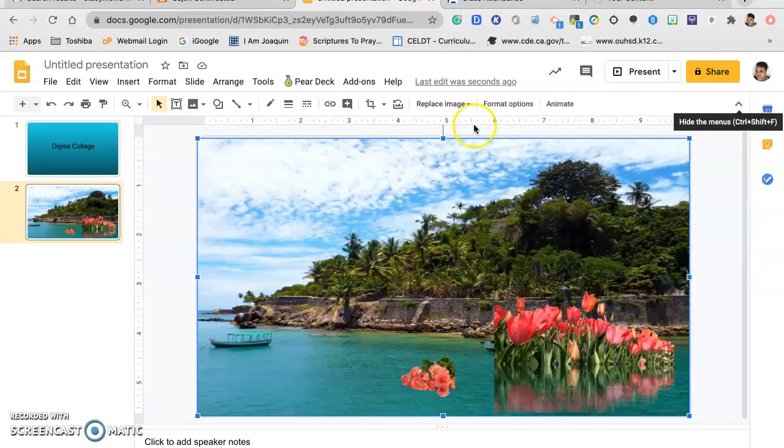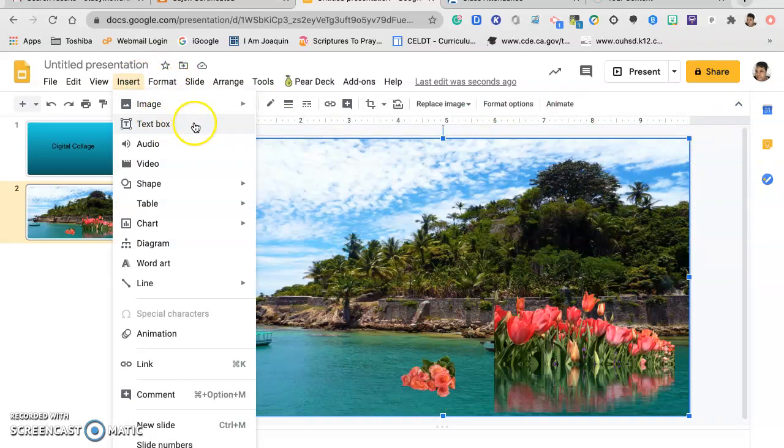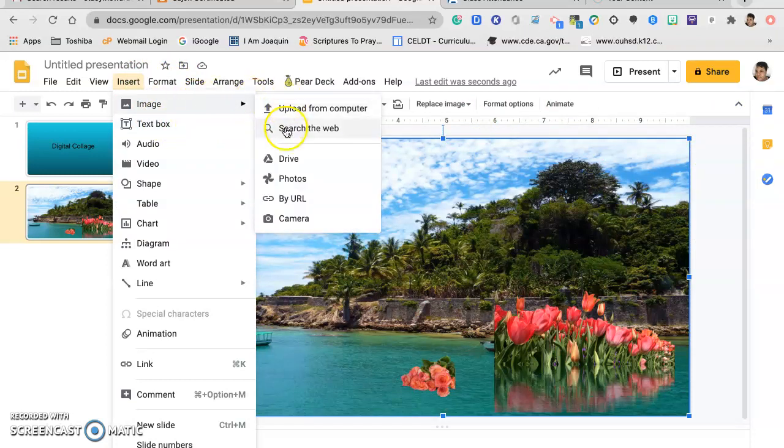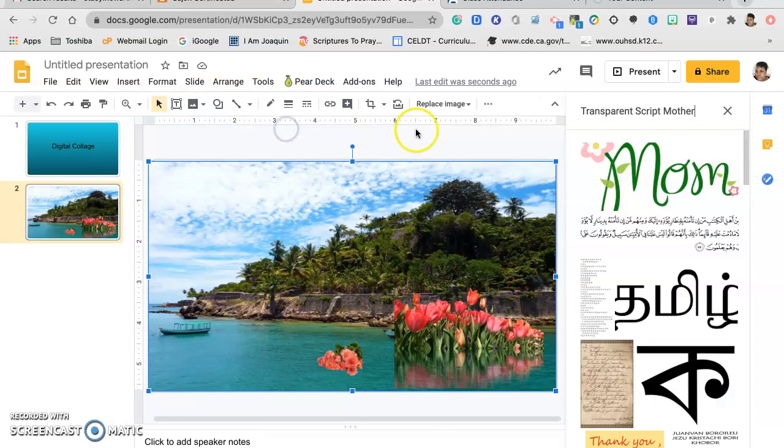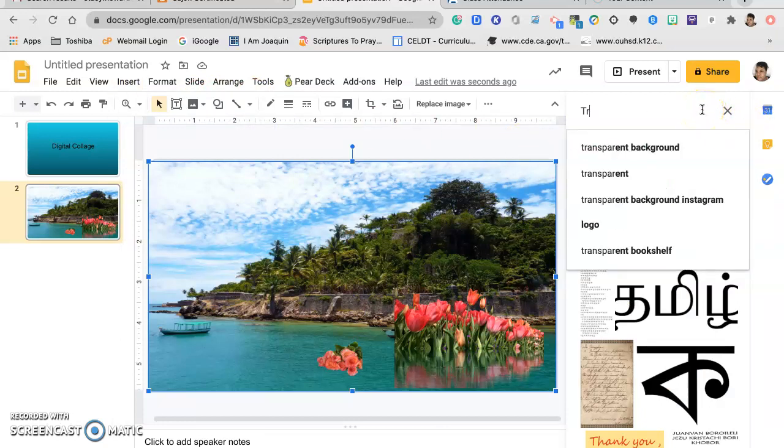Actually, that's probably not the best way to do that. So let me do it a little bit better. Go back to image. We're going to search the web. And we're going to look for, let's say,